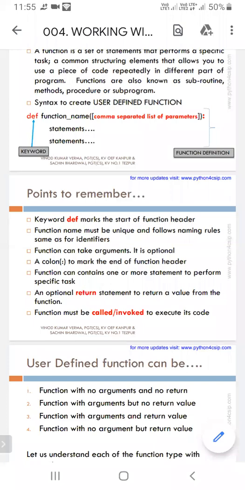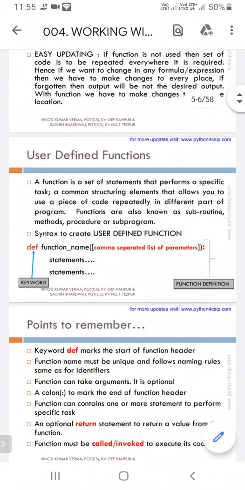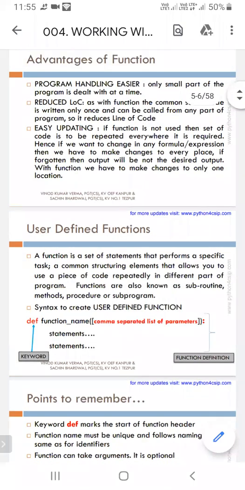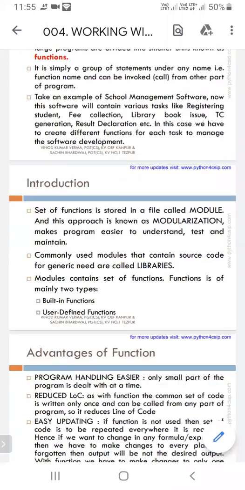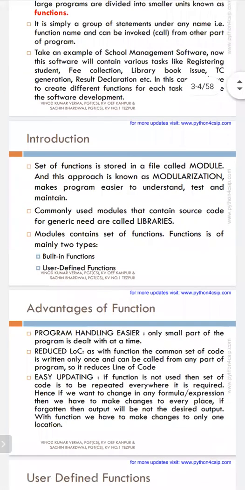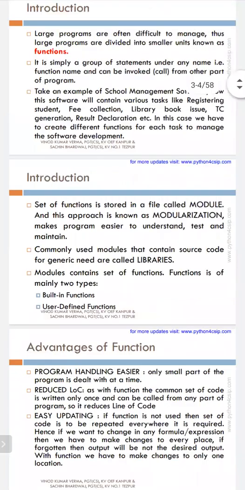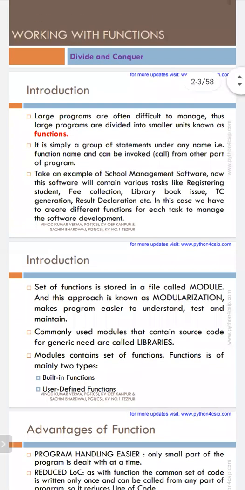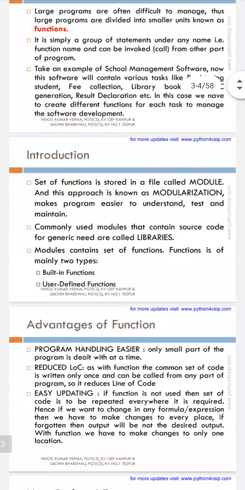So these things we discussed last time. What is the use of a function? Types of function: two types of functions are there. One is built-in function, another one is user defined function. Okay, so I'm doing the recap because after a long time we are doing this. You are very much busy with your exams. That's why I'm doing the recap of functions. So you know the use of a function, how to use it, types of function, and advantages of functions.